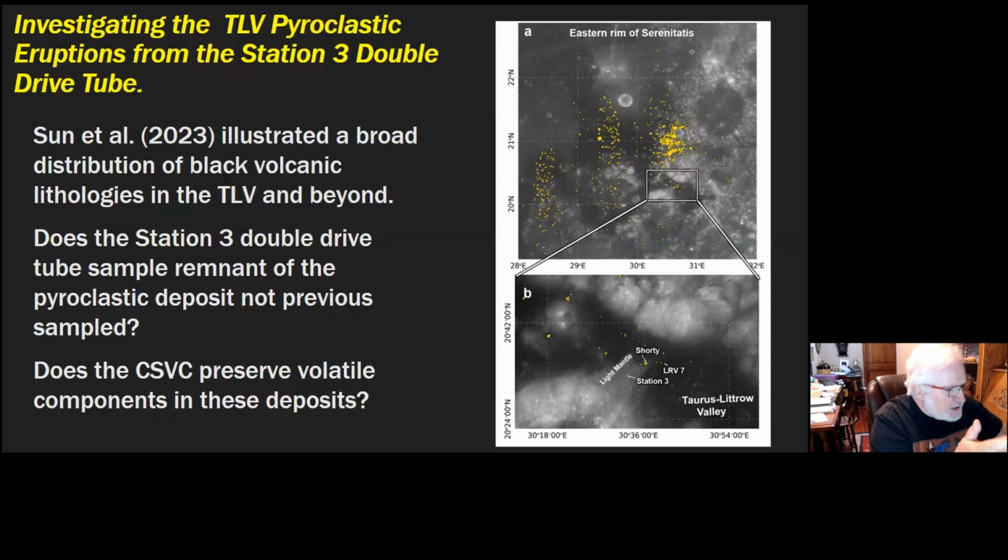Our question is, based on the samples from Station 3, does the Station 3 double drive tube sample remnants of a pyroclastic deposit not previously sampled? As you can see, there's quite a bit of a distribution. And because the sample was preserved in a core sample vacuum container, is the volatile component better preserved in these particular samples? The next slide